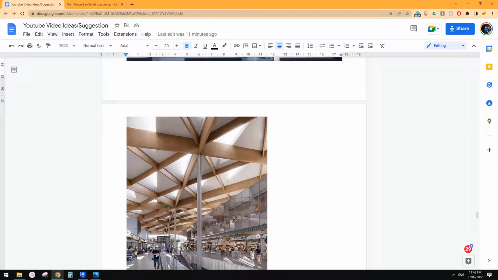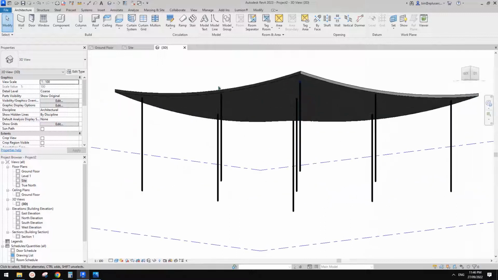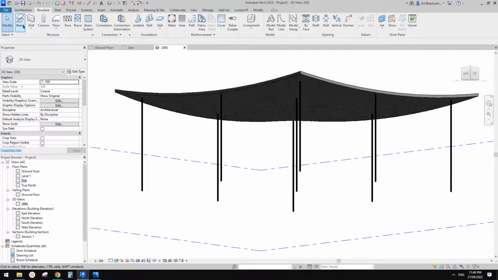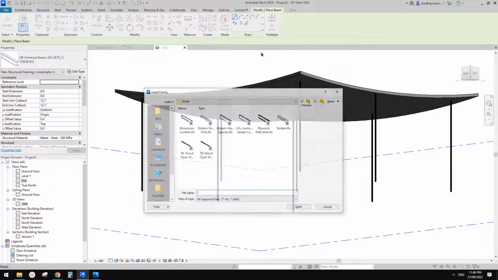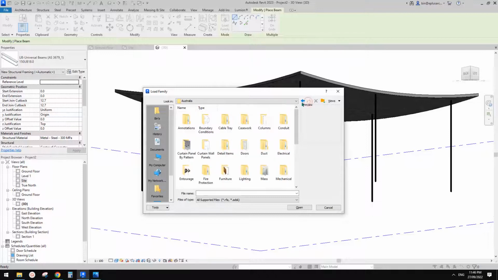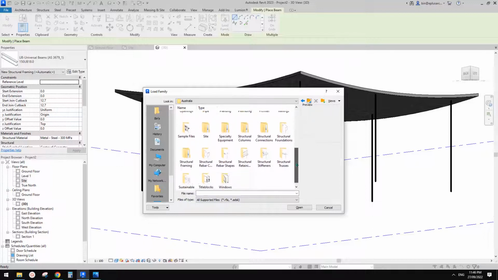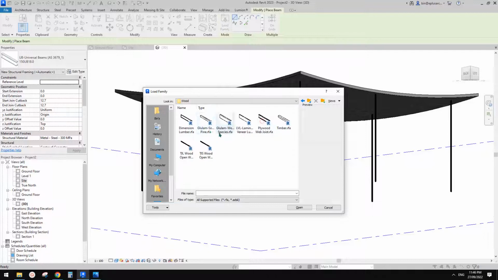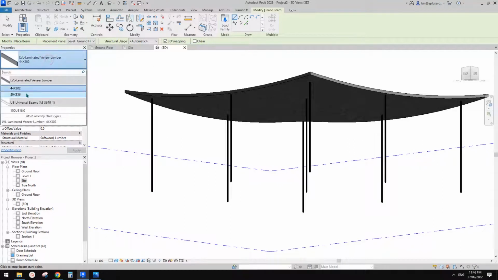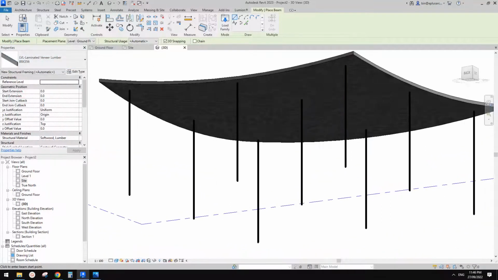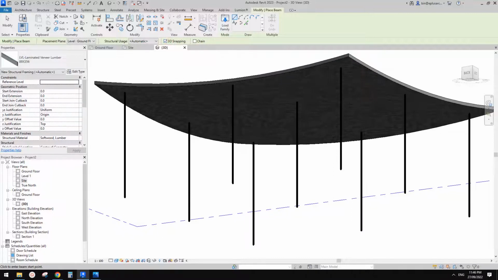In these big beams, I suggest you can simply just place them by yourself. So go beam. Maybe let's load. So this is Autodesk content, and under structure framing, wood. So these are the timber structure framing, so beams. So we can just load. Maybe I'll use this one, and you can check this box 3D snapping, and you can pick